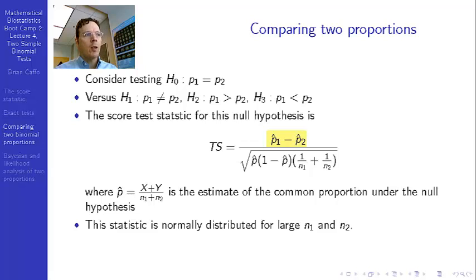But typically, the null hypothesis is that they're equal. So there's minus 0 here, the hypothesized null value of the difference. So we can just omit that. And then in the denominator,